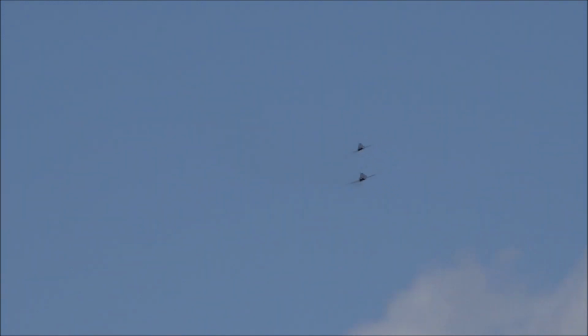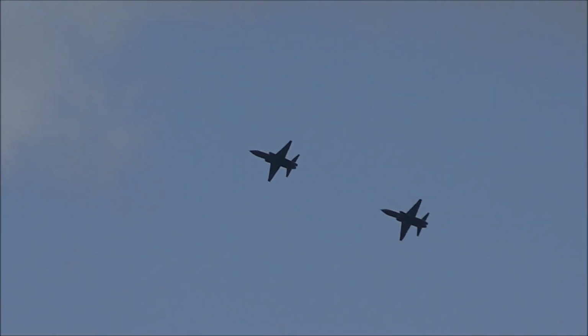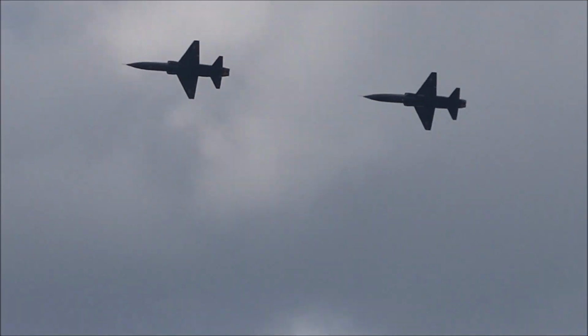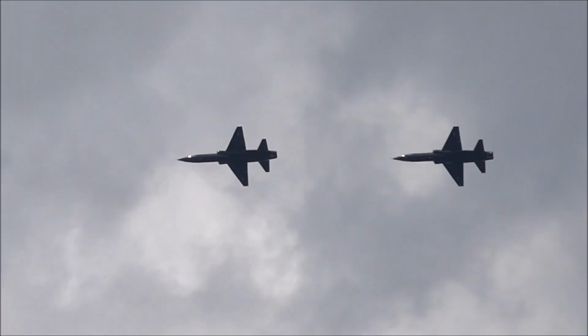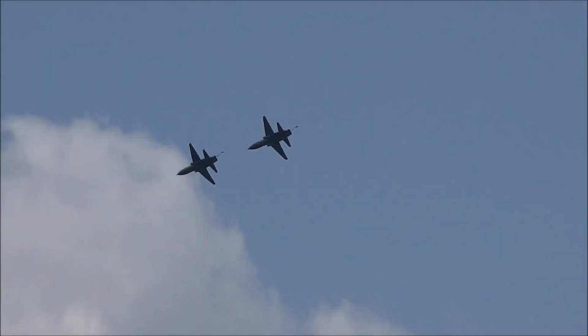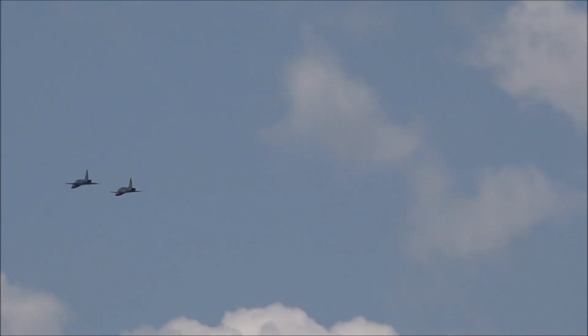As they circle around for one last pass, if you haven't gotten a picture of these iconic flying system. Now this aircraft with the new upgraded engines and everything needs as little as 2,300 feet. Yes, only 2,300 feet of runway to take off, and it can climb from sea level to 30,000 feet in 1 minute. Now, ladies and gentlemen, you see them circling again straight